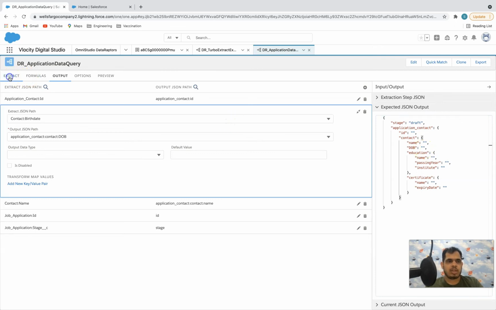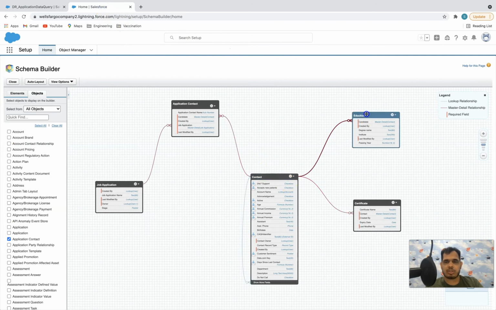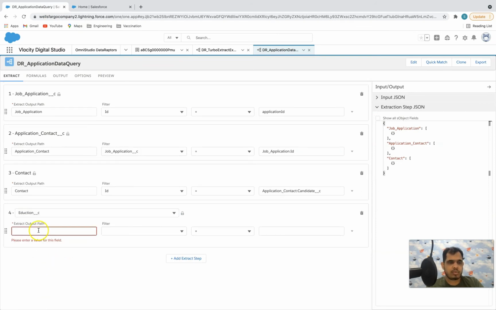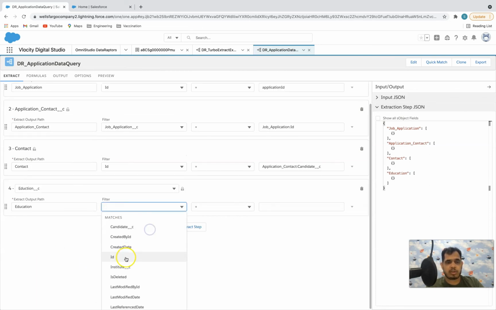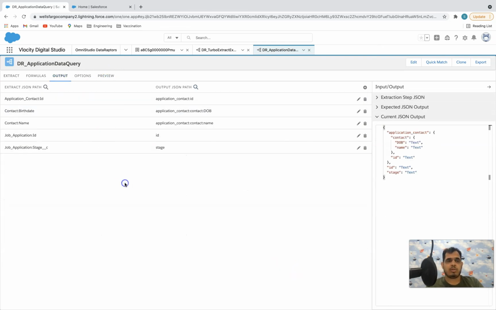Then the next object we want is the education records related to this contact. So I will go here, and it should go inside the education output path, and then the filter is where candidate ID is equal to the ID of this contact. Now let's map the fields into the output JSON.